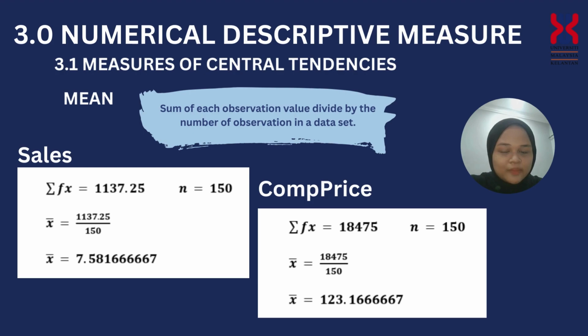First is the mean. Mean is the sum of each observation value divided by the number of observations in a data set. The mean of sales is 7.58166667, and for comprice the mean is